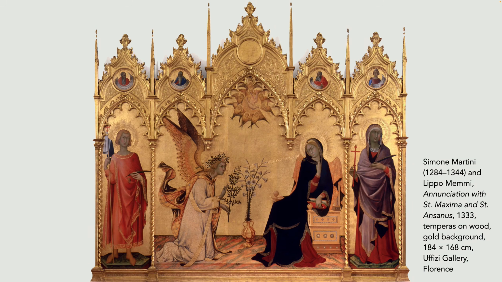Mary, who's been reading, instinctively draws back at this sudden appearance, pulls her cloak around her body. There's a marble floor. She's sitting on a throne. She's been reading a book. And all of these attributes are part of the lifestyle of the wealthy in 14th century Siena. Above them is the Holy Spirit, represented as a dove. On the left is the martyr, Saint Anselmus, one of the patron saints of Siena, bearing a banner with the